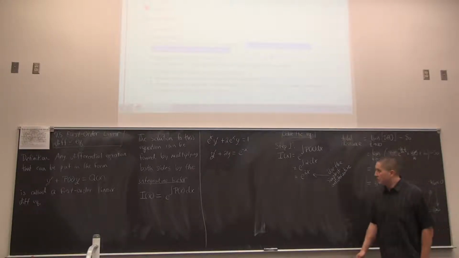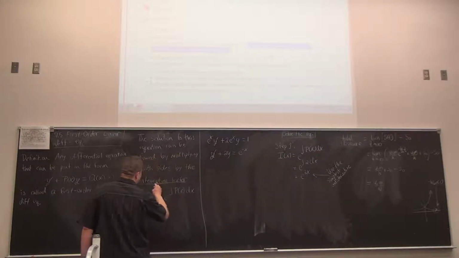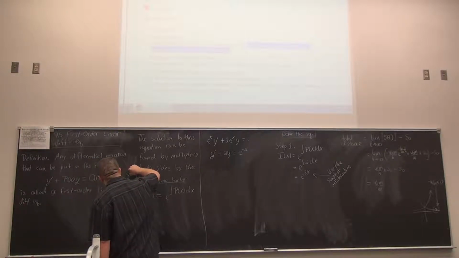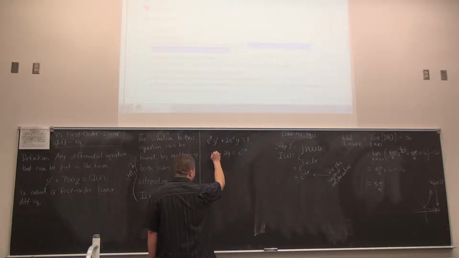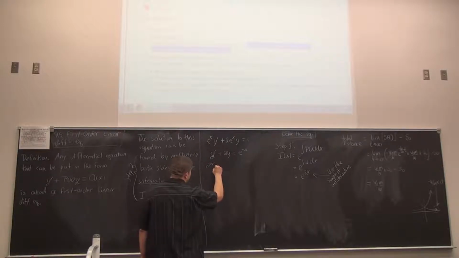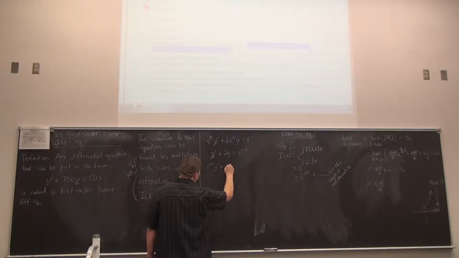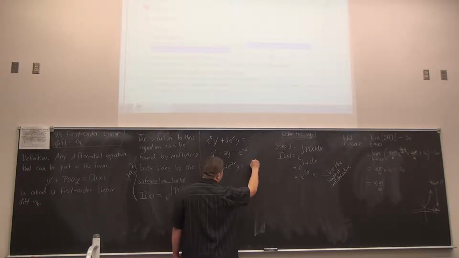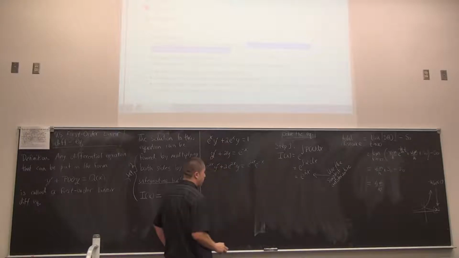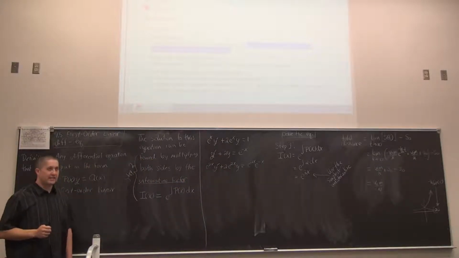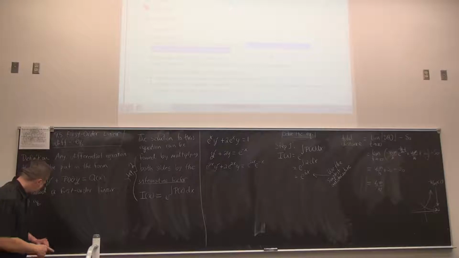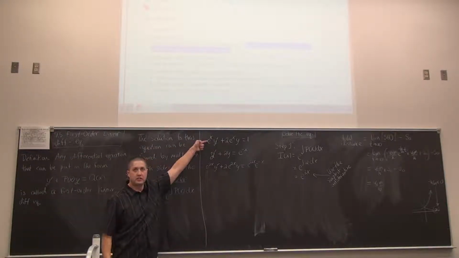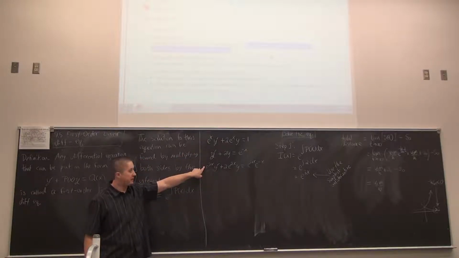Okay, so step 2 is using this information right here: multiply both sides by the integrating factor. So we'll take e to the 2x times y prime plus 2 e to the 2x times y. e to the 2x times e to the negative x is just going to give us e to the x on the right-hand side. So we're on our way. And every time you look at this, whether you're looking at the very first line of the differential equation or whether you're on this step and just determining if you're on the right track,